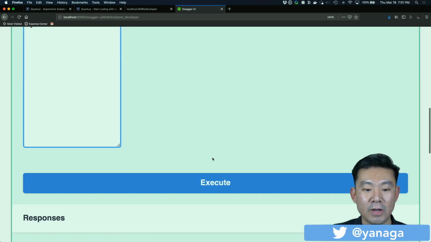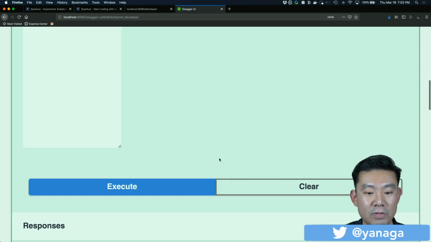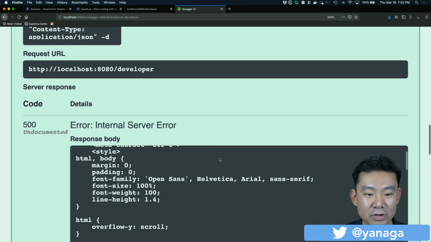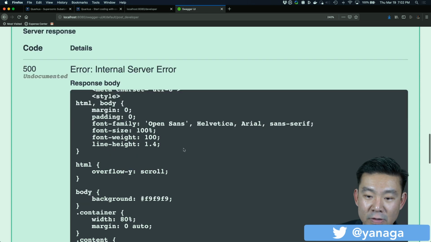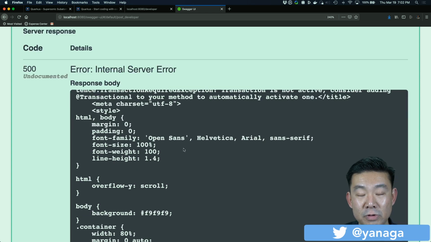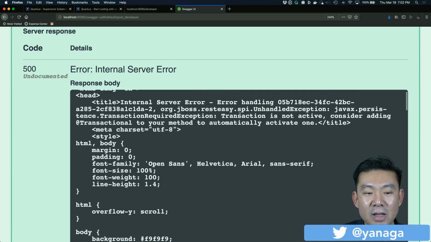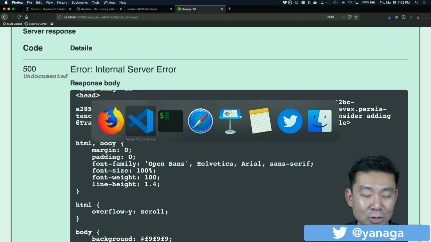And if I go here to my interface, oops, I have an internal server error. And Quarkus provides very nice error messages. If you read the entire message, you see, well, you're trying to persist something to the database, but we didn't provide the transaction. How do I fix that? Since we're using Quarkus, it's very easy.